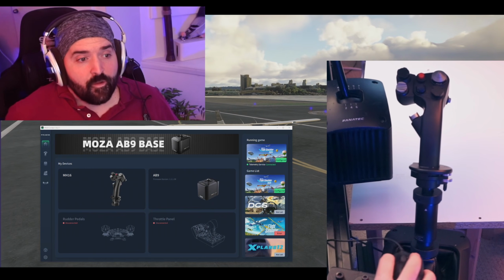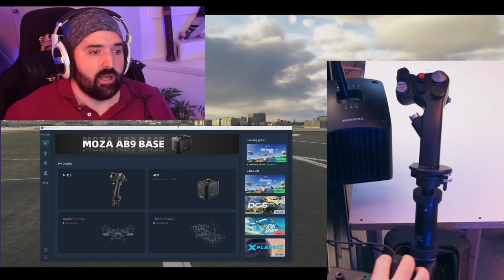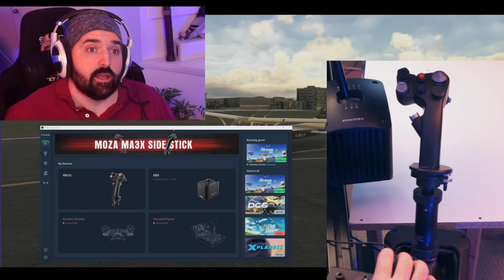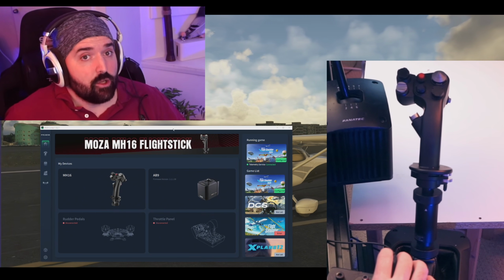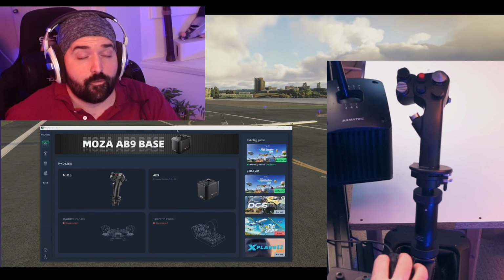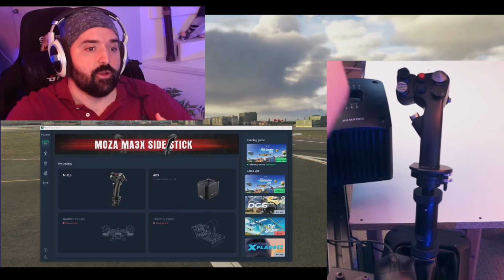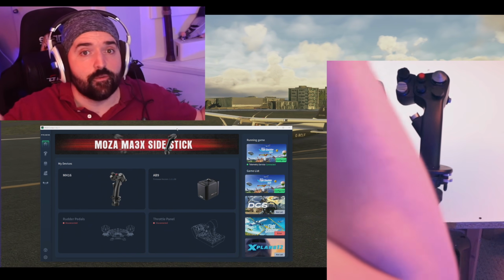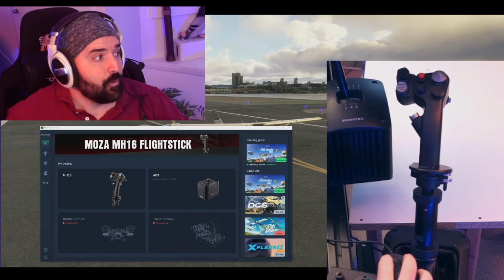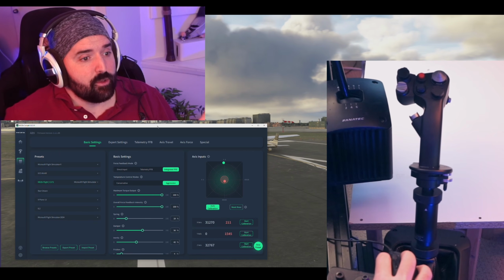So, first things first, and first question we always get asked, how does force feedback work with flight simulators? Well, flight sims, a lot of them don't have native force feedback like driving simulators do. Some do, but most of them don't. And as a result, the way that force feedback is done on flight simulators is through telemetry. So the flight sim puts out the information of the aeroplane speed, the air pressure on the control surfaces, the G load of the aircraft. All that telemetry goes out, and your force feedback joystick has software that can then interpret that telemetry and turn